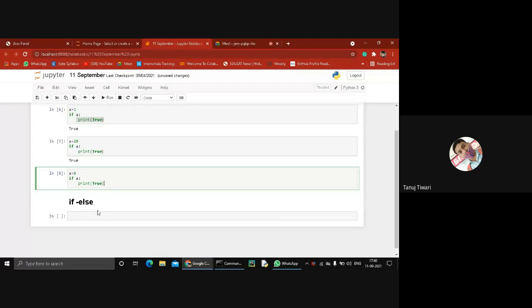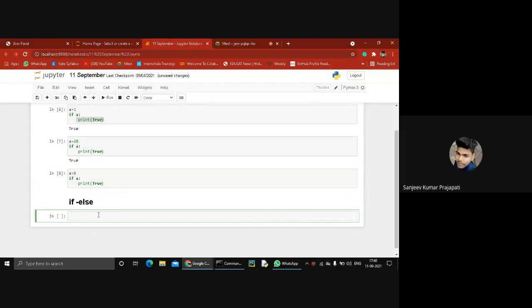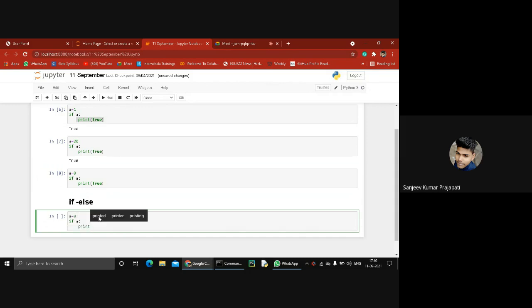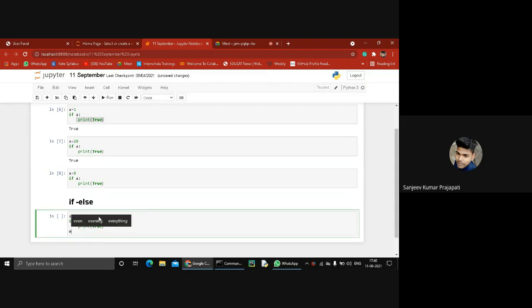Okay. So next is the if else statement. An if statement can be followed by an optional else statement which executes when the boolean expression is false. It means if the if statement is false, then it executes the else statement. For example, a equal to 0, and if a, print true, then the else part returns false.